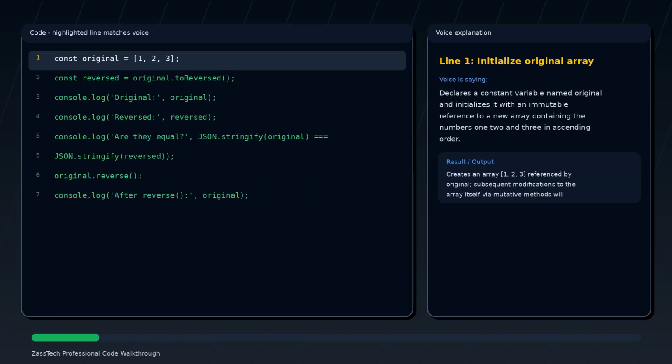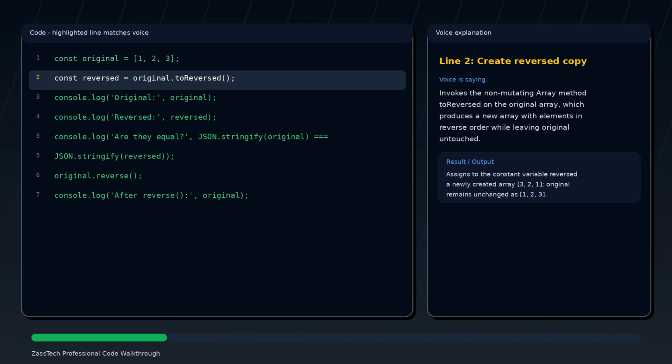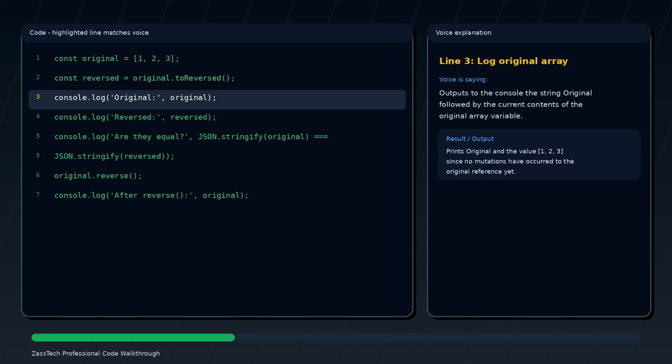Declares a constant variable named original and initializes it with an immutable reference to a new array containing the numbers 1, 2, and 3 in ascending order. Invokes the non-mutating array method toReversed on the original array, which produces a new array with elements in reverse order while leaving original untouched. Outputs to the console the string original followed by the current contents of the original array